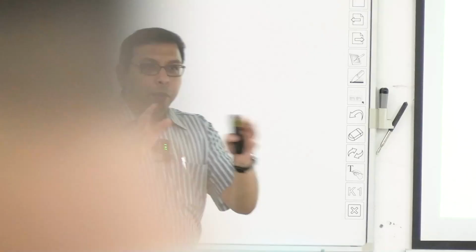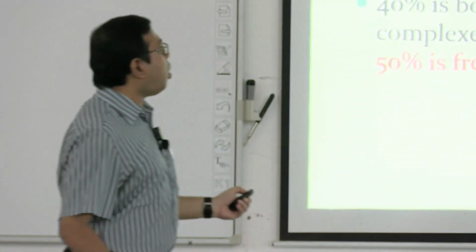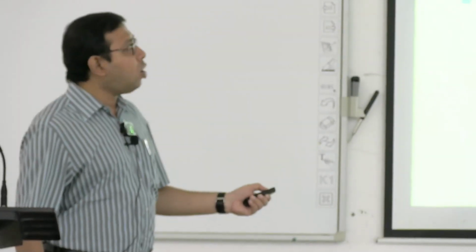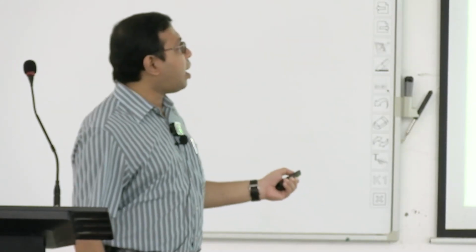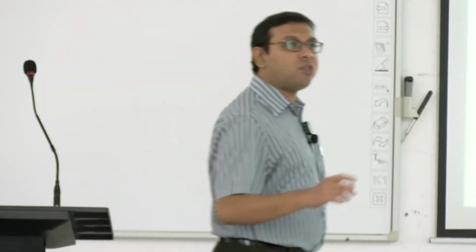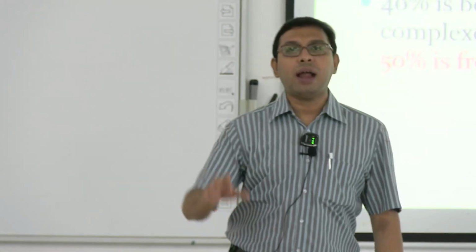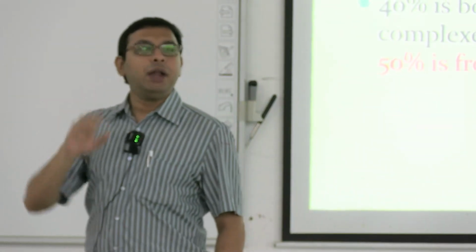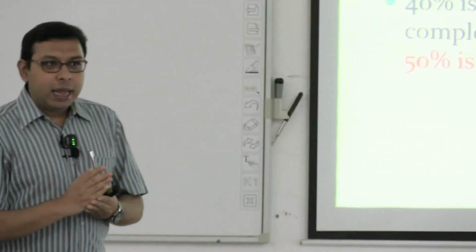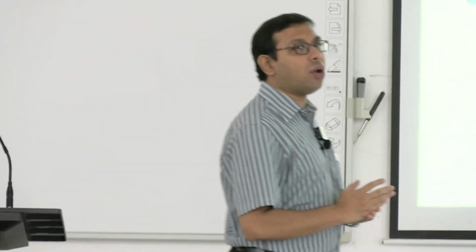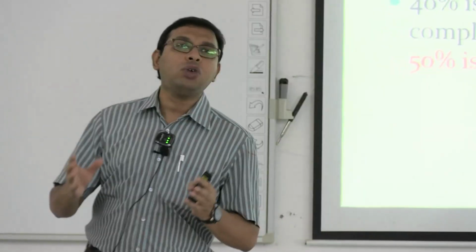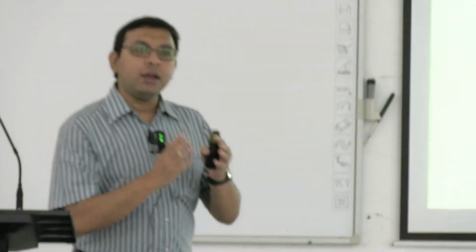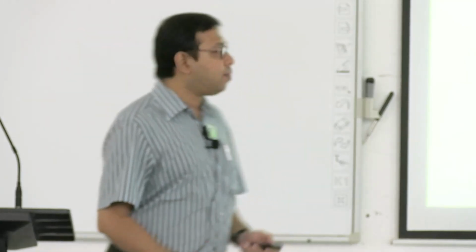This balance of bone and plasma calcium is mainly dictated by these hormones. One is parathormone or parathyroid hormone, another is calcitonin, and another is calcitriol. Calcitriol, you have read in the physiology, is the active form of vitamin D. So vitamin D, parathyroid hormone and calcitonin, these are the three hormones that regulate the amount of calcium that will be present in the bones as well as in the plasma.